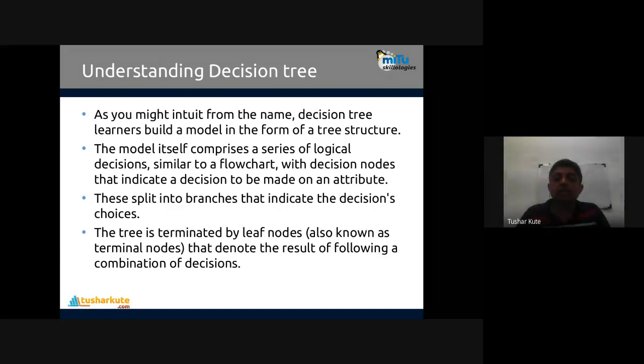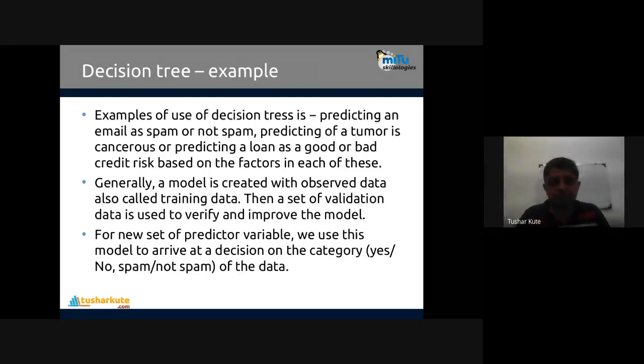The result follows from a combination of multiple decisions and their combinations. Based on that particular condition, the decision tree will take the decision finally at the leaf nodes. An example of the use of a decision tree is predicting whether an email is spam or not spam. So two decisions are there, based on several features that we give as input, it will define whether that email is spam or not spam.